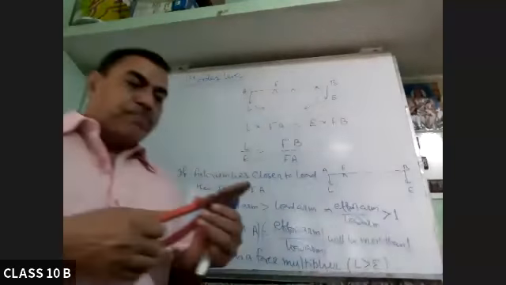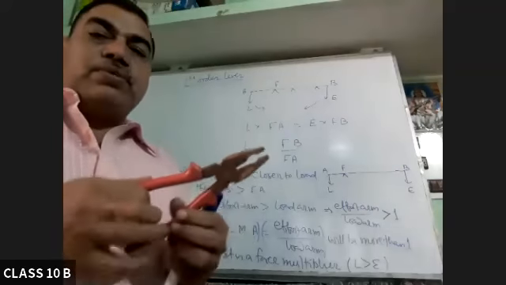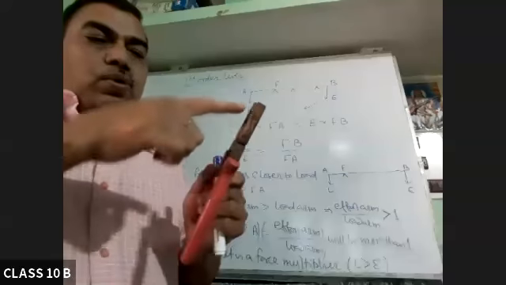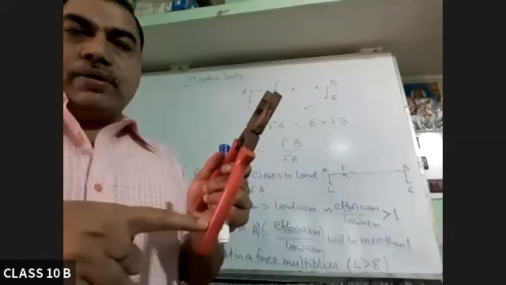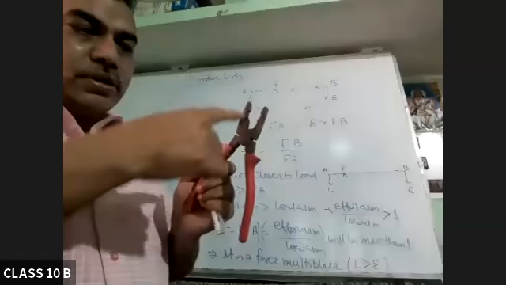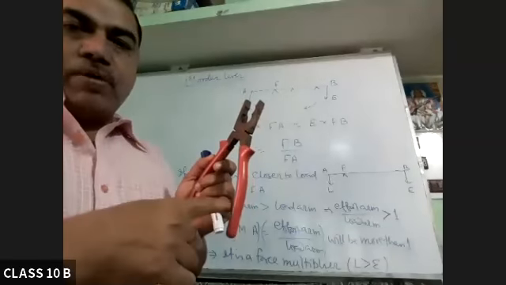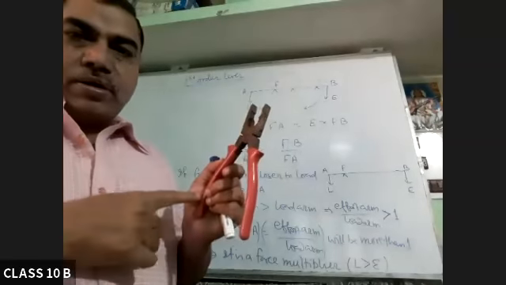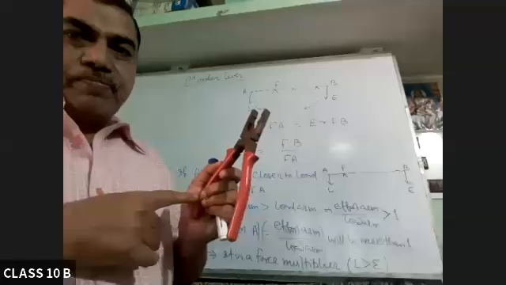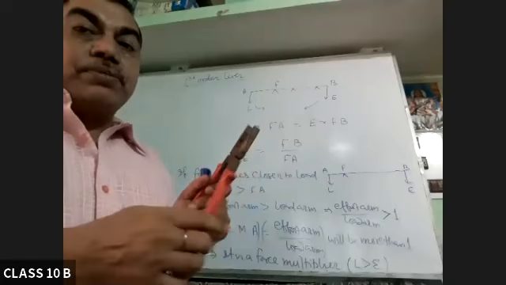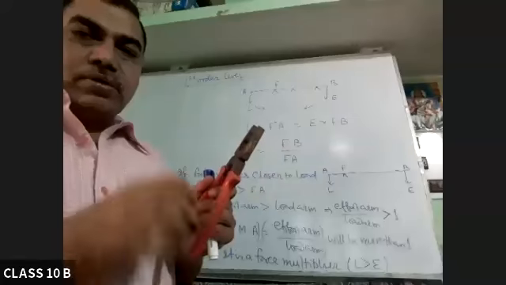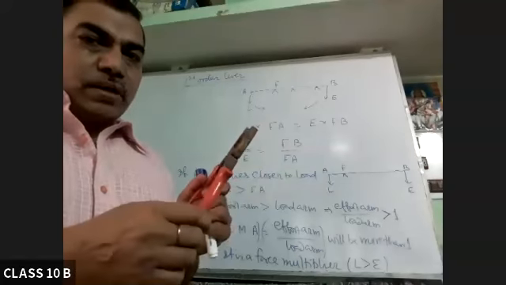Like suppose this one. Again, we are showing the same plier. So for this we call pair of plier. Here two rods are there. This is one rod, which is bent in this form. This is the other rod, which is bent in this form. Sometimes we call it a pair of scissors. So here two levers are there, not only one.